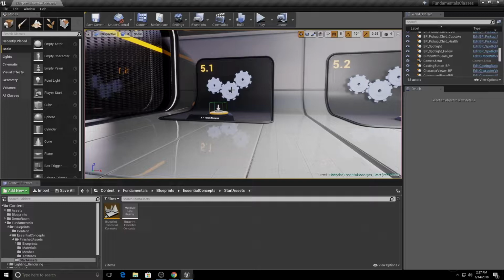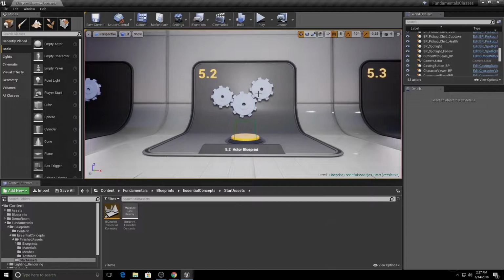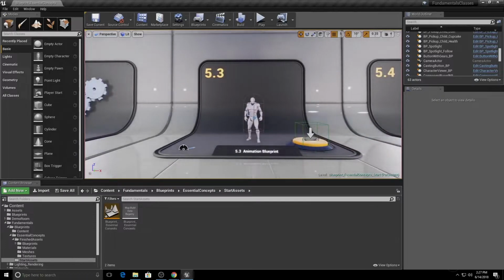So the level blueprint is primarily for level-specific things that you need to do, kicking off initial script potentially, but you're probably going to want to stick with actor class blueprints because it's a little bit more flexible and modular in that regard. So I'm going to hop over to the 5.3 stand, and we're going to take a look